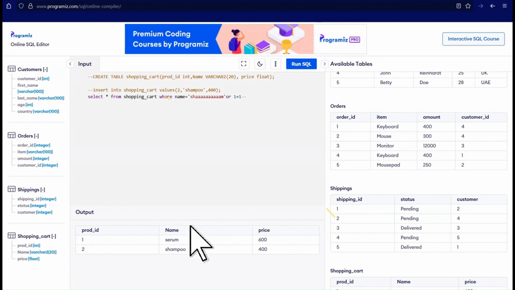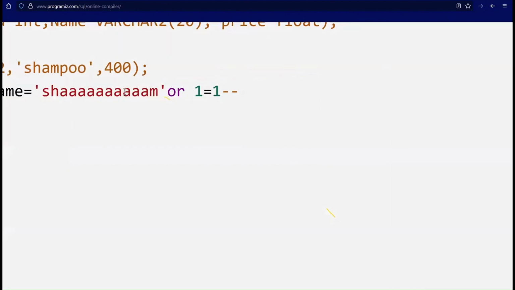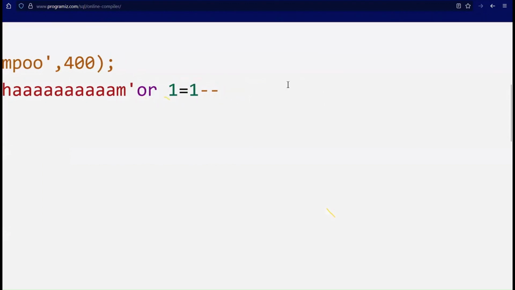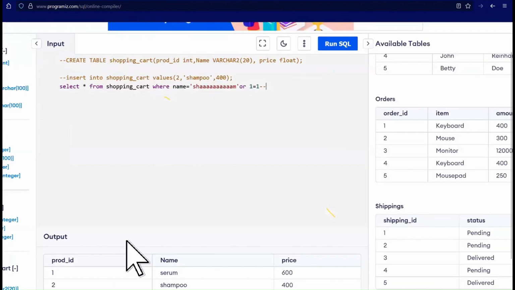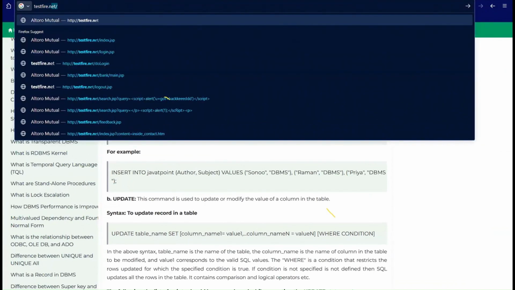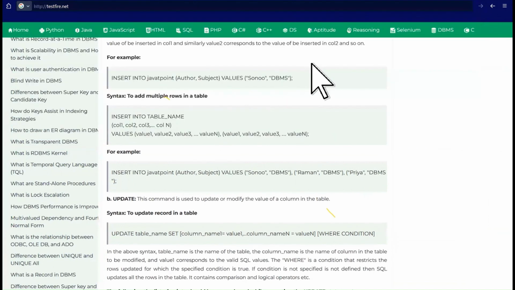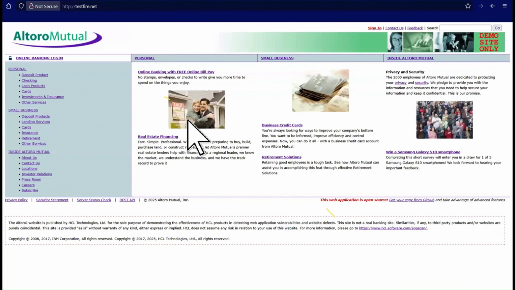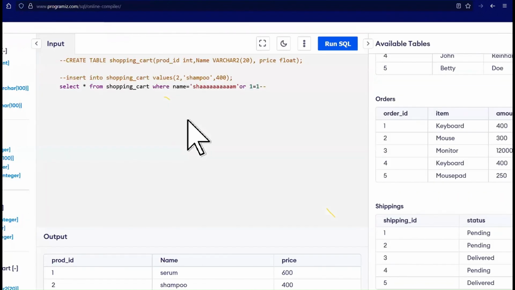Okay, because there is no product with the name Sham. But since I have given this OR 1 equal to 1 minus minus, we are able to see the information. Got it? Now let's come to the website. So now you're asking why this is happening. Okay. This is happening because, if you learn about SQL in a bit more depth,